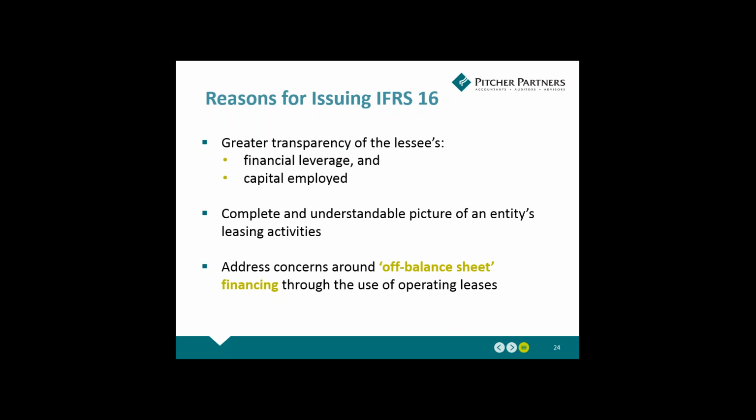Entities can enter into operating leases and keep that liability out of the balance sheet, hidden in a note, whereas other entities enter into a finance lease and the asset is on the balance sheet, but also the liability. And the comparability between those two entities has always been a big issue. So it's a big part of what's driving this decision, to get a complete picture of all liabilities, but also all assets employed by the business. So that's the reason for the change.